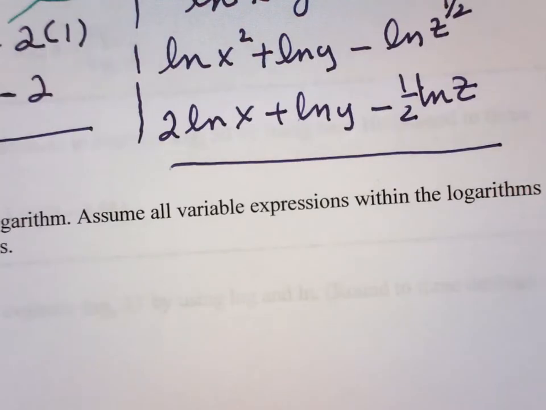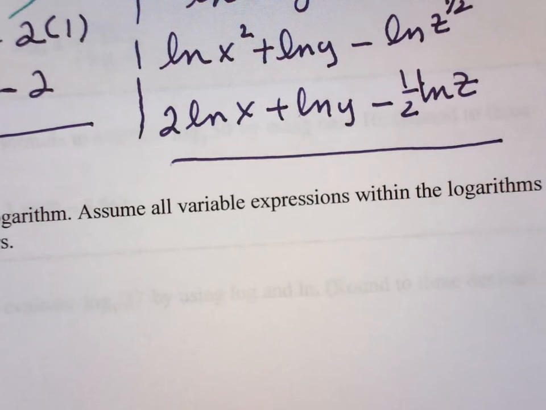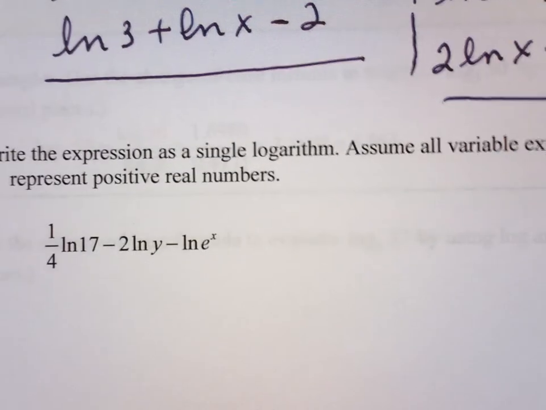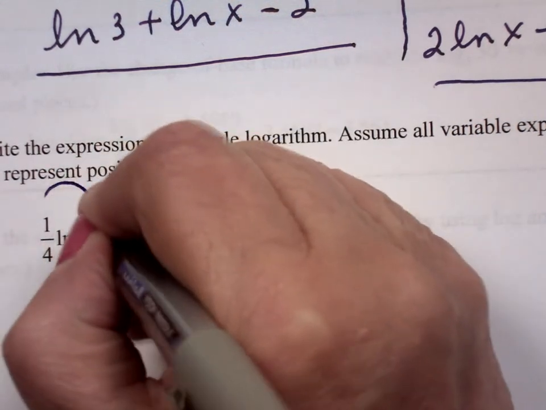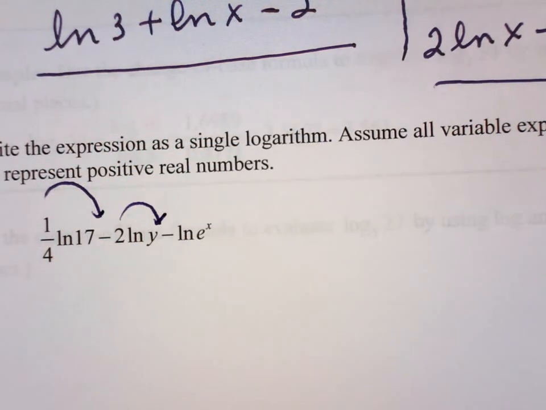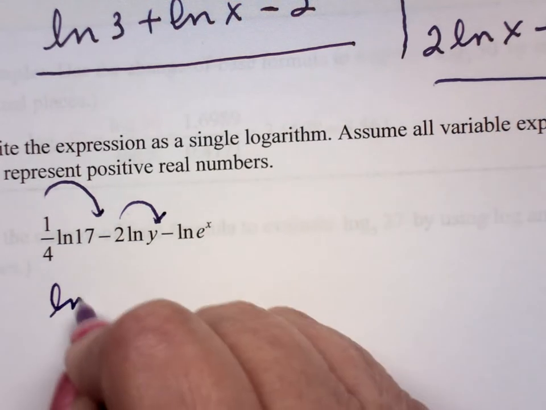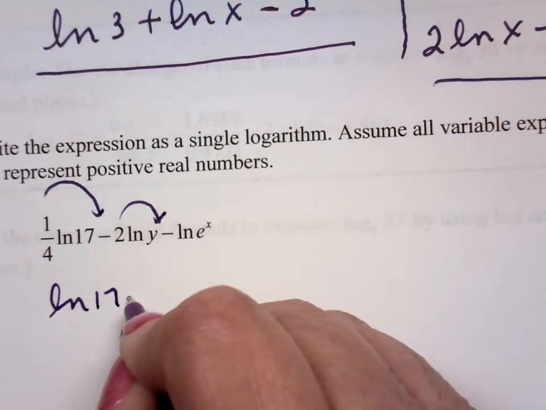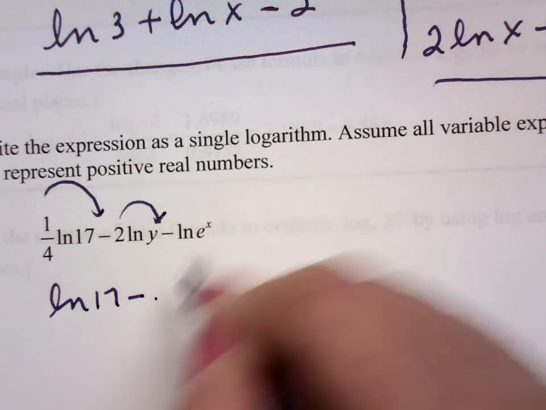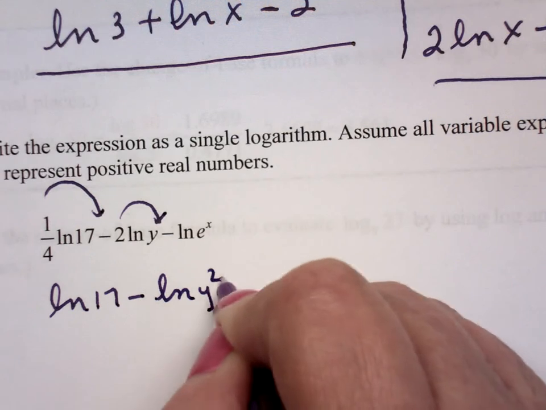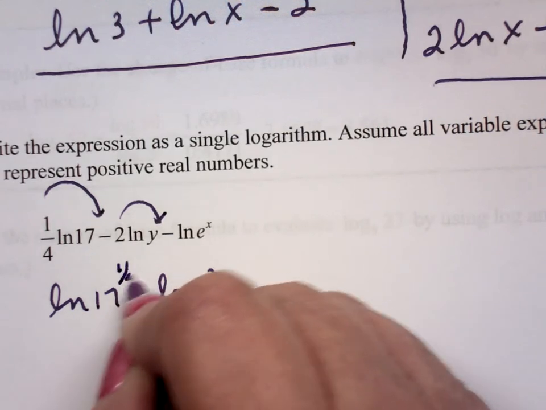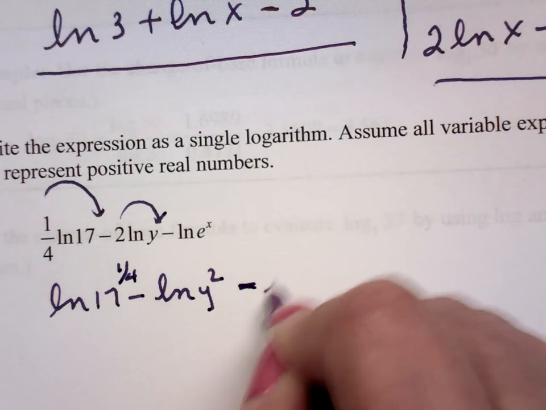Write an expression as a single logarithm. Assume all variable expressions within the logarithm represent positive numbers. It has everything to do with the domain. So what's the first thing I have to do? Take the exponents back home, right? So this becomes the natural log of 17 to the 1/4, minus the natural log of y squared, minus the natural log of e